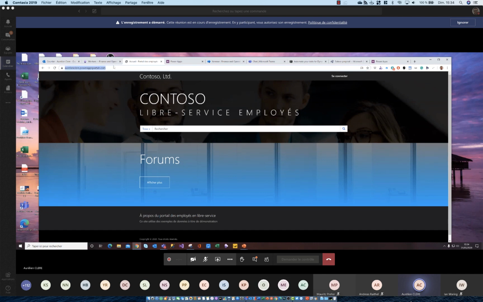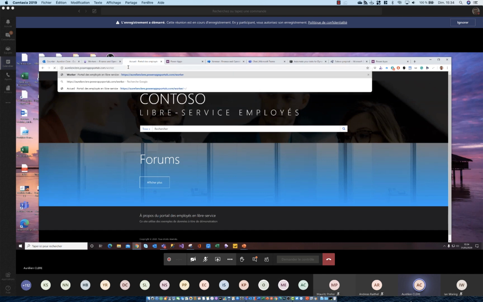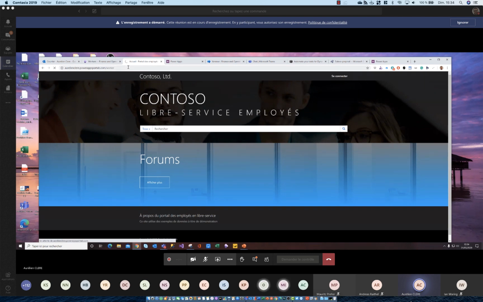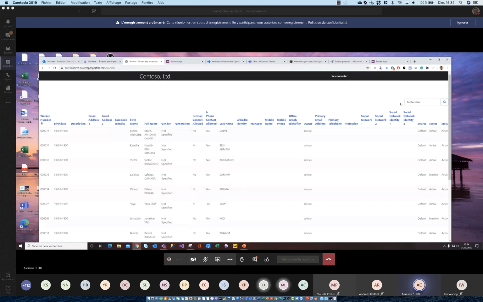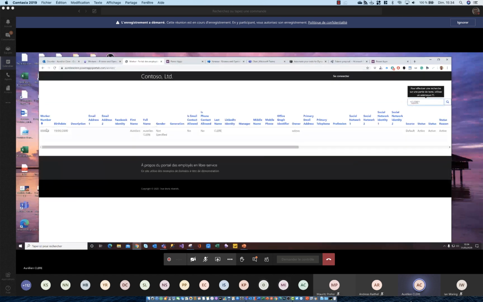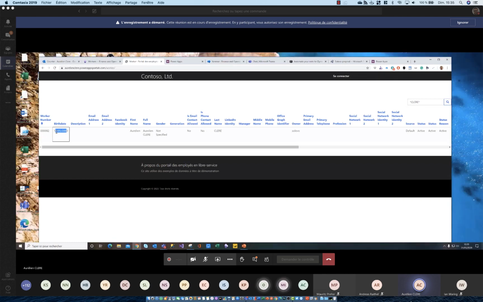And when you create a page like me, I've done a very quick page. I'm not a big expert on Power Apps portal, but I just created a quick list view. And as you can see, here I am on my Power Apps portal, and I can see exactly the same data as my finance operation data.